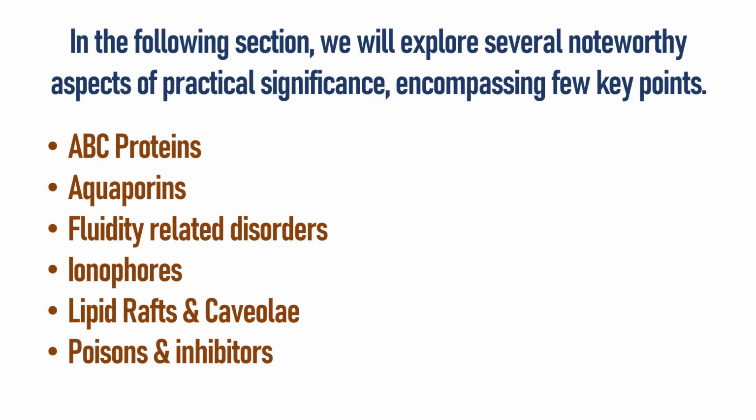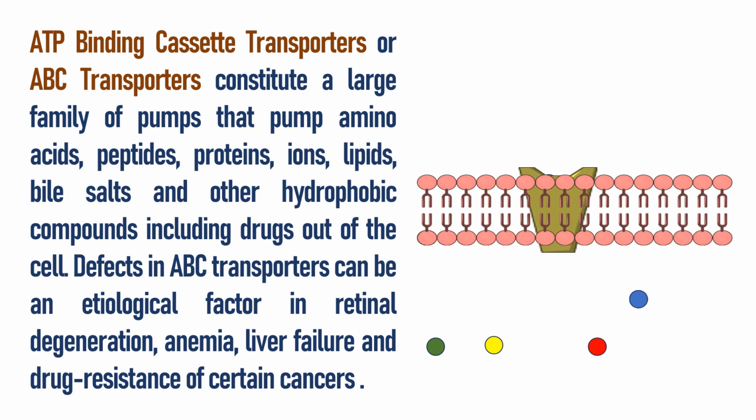In the following section, we will explore several noteworthy aspects of practical significance, encompassing a few key points, from ABC proteins to poisons and inhibitors. ATP-binding cassette transporters, or ABC transporters, constitute a large family of pumps that pump amino acids, peptides, proteins, ions, lipids, bile salts and other hydrophobic compounds, including drugs, out of the cell. Defects in ABC transporters can be an etiological factor in retinal degeneration, anemia, liver failure and drug resistance of some